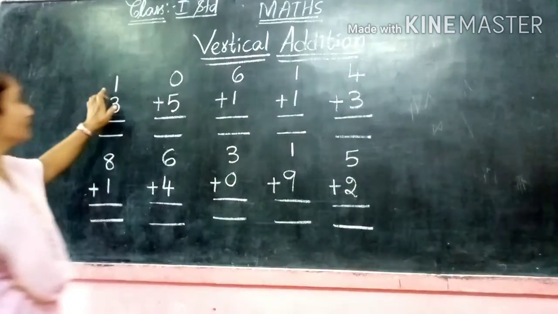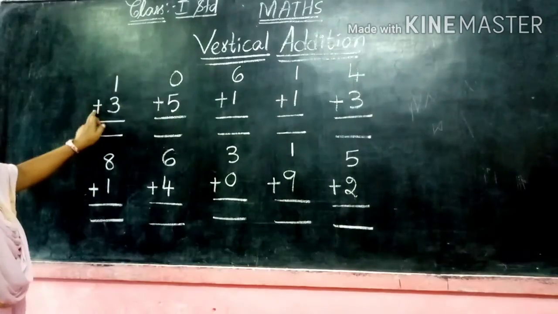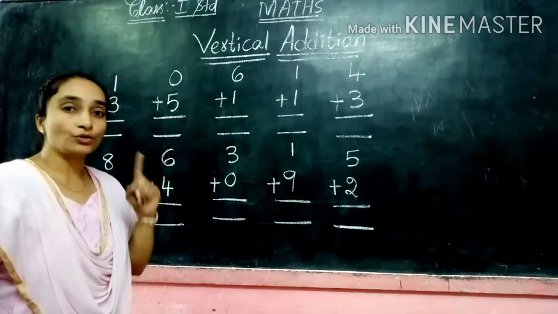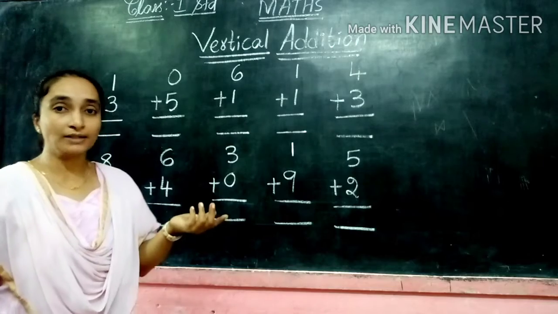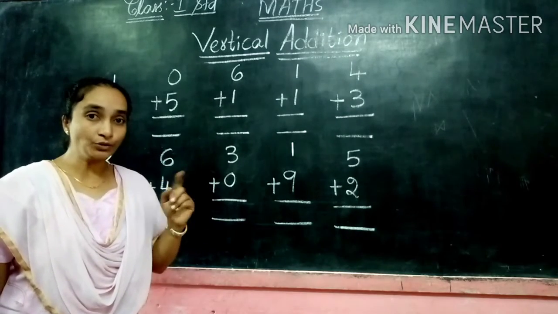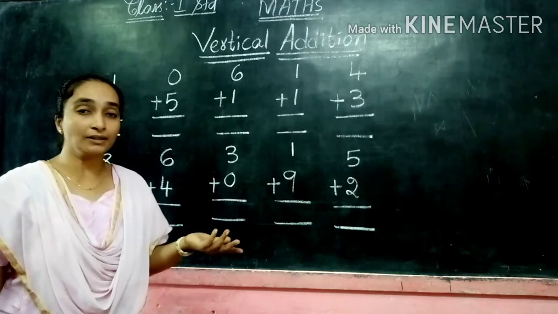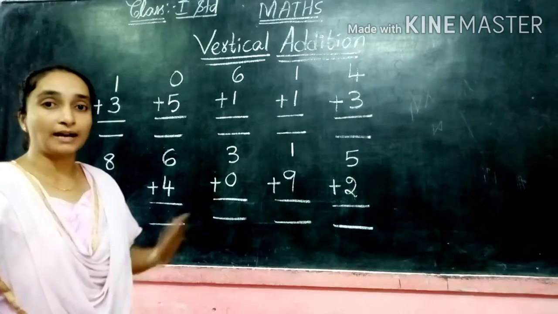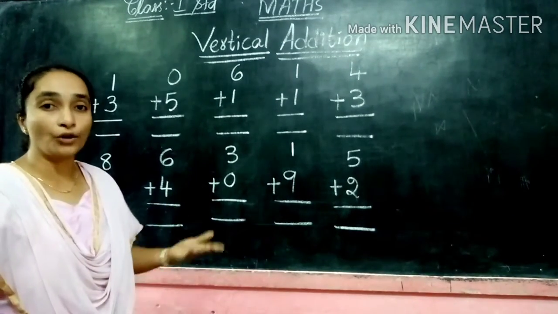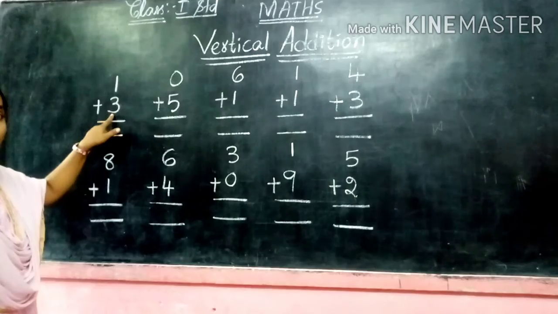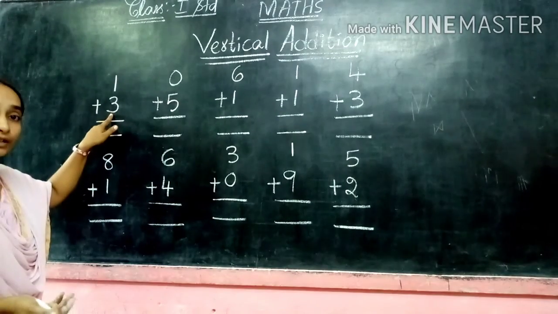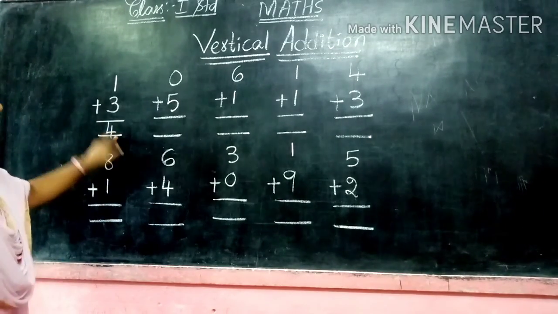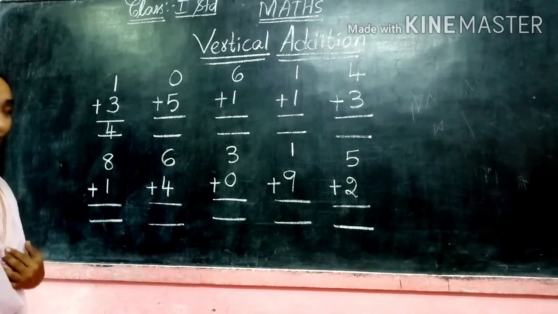So here we can see, children, the first one is 1 plus 3. 1 plus 3, by adding 1. So already we have learned about that. By adding 1, if you add 1 to any number, so what will be the answer? Yes, the number that comes after. The answer will be the number that comes after. So here is the number. What is this number here? 3. What is after 3? Yes, after 3 is 4. So here is the answer 4. So 1 plus 3 is equal to 4.